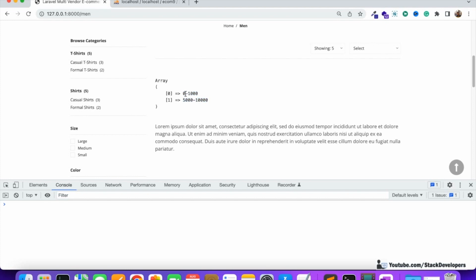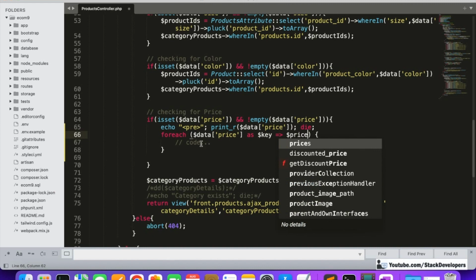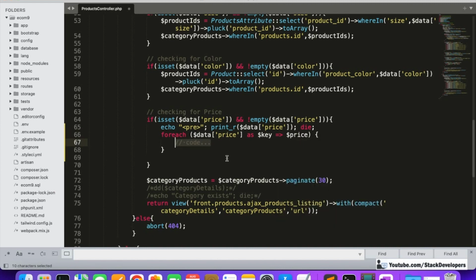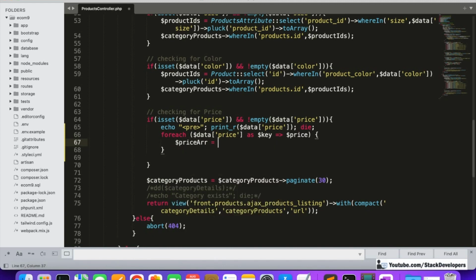And one more thing, in the foreach loop we are going to separate 0 and 1000. This one we are going to use as the minimum price and this one as the maximum price in one foreach loop. For that we are going to use explode once again, within the foreach loop. Now here we can make it price, and here we can use it $price_array. We are going to use explode with the hyphen on $price,